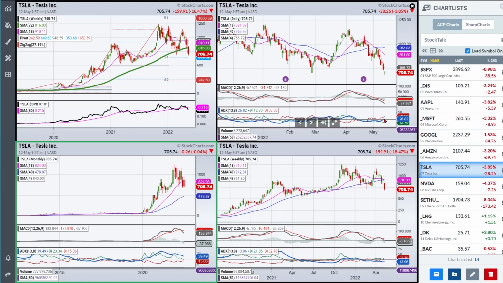ADX is starting to cross above 25. Red DI certainly moving. Not really the case on the weekly chart, but on the daily chart, we're starting to see a little bit more strength to the downside. Now, this is getting stretched away on the daily chart, but I wouldn't consider it to be stretched on the weekly. So there is some risk in this.